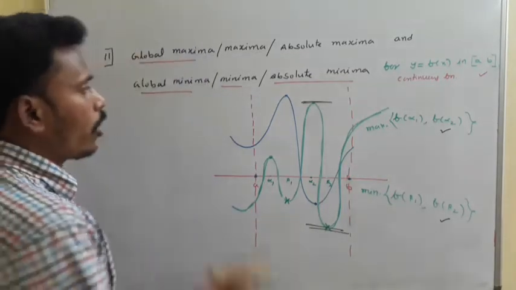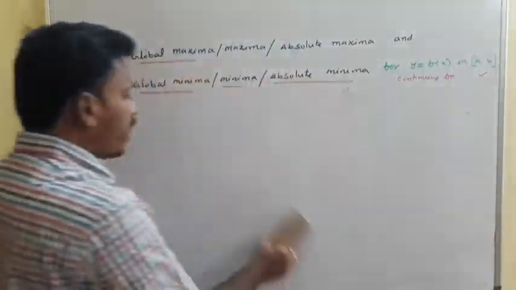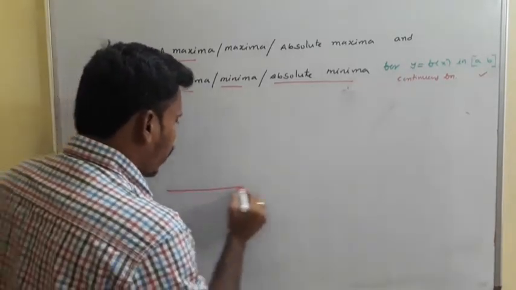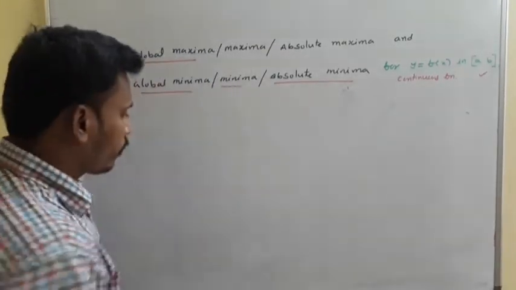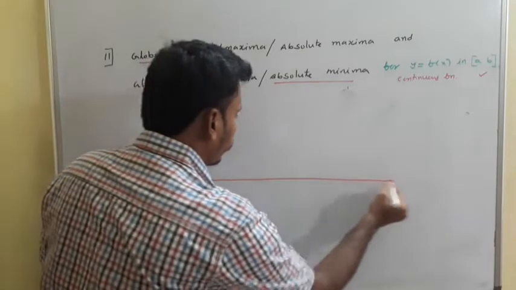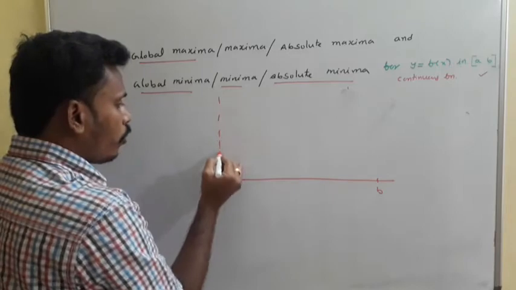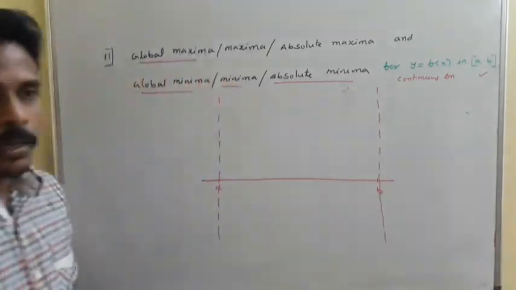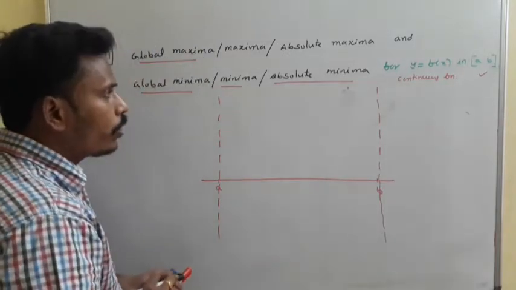Once again, just have a look. To find global maxima and global minima in an interval AB of a function, first of all you locate an interval. Another graph I will give you. Suppose this is A and this is B. In this boundary of AB, we need to think about the graph of the function f of x. For that function there may be many local maxima and local minima points. Just think about how the sketch of the graph will look.